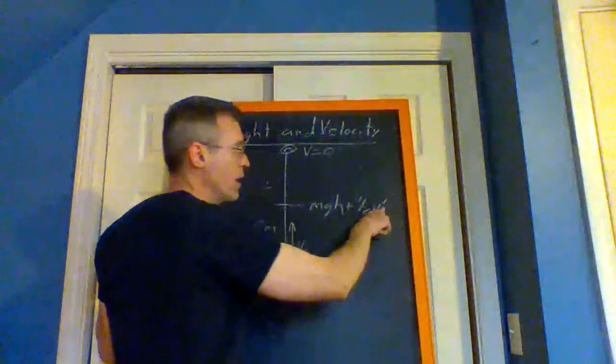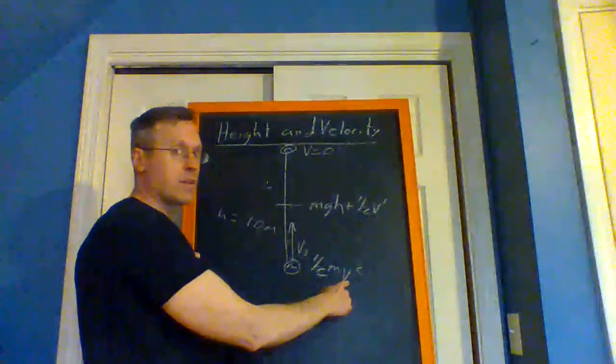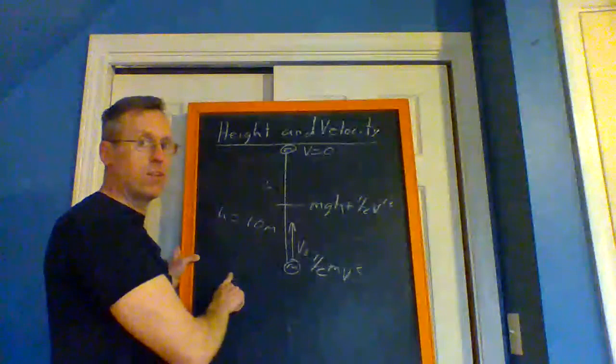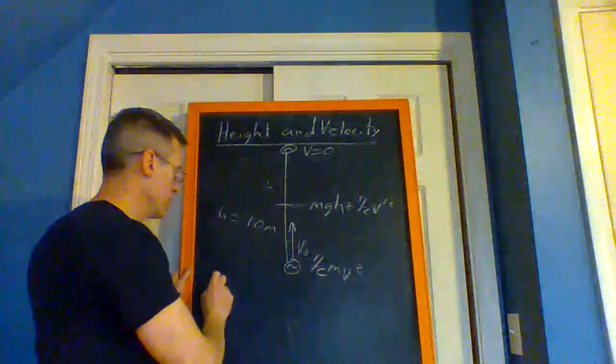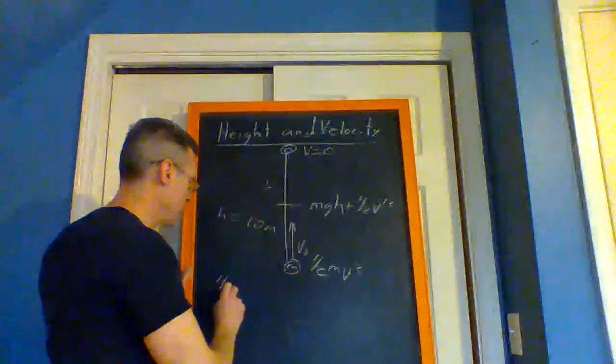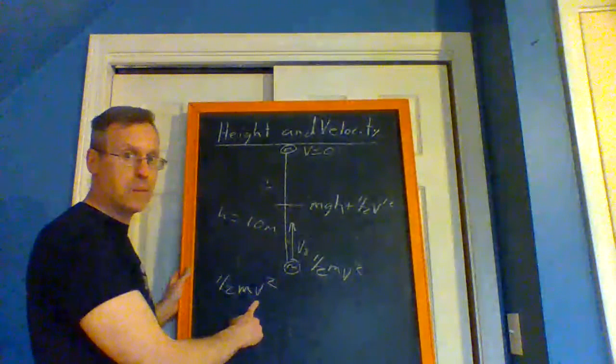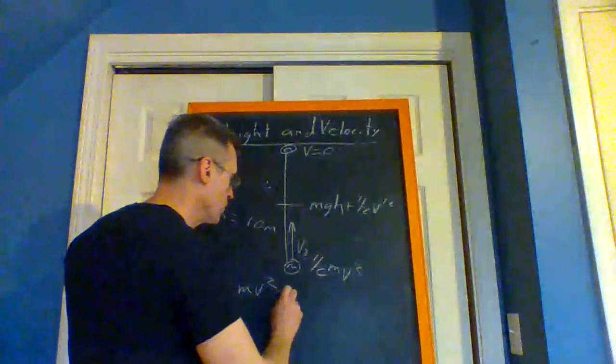I'm going to put a little prime there because that speed is different than that speed. And at that point, you could set the two things equal to each other. I'm going to get kind of low here, so 1/2 mv squared, that's its initial speed, is equal to